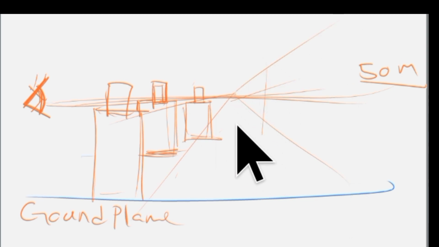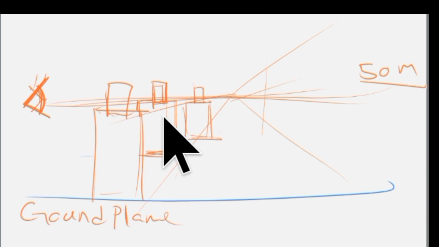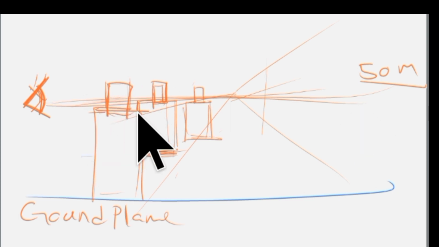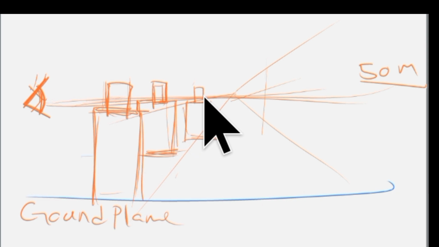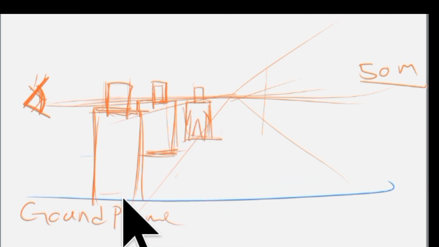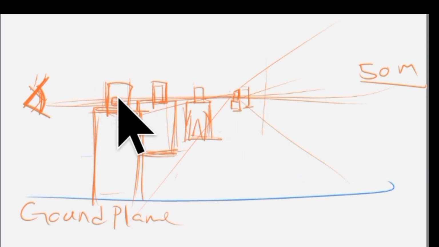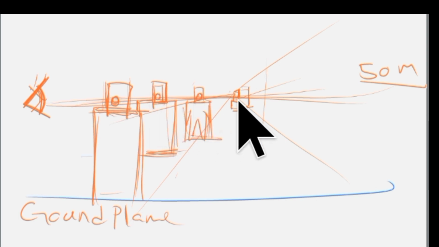As long as they are the same height, let the horizon line be at their nose. All their noses will be on that horizon line. So this tip is not really relevant here, but it's going to be helpful if you want to draw multiple characters in perspective. If they're all of the same height,